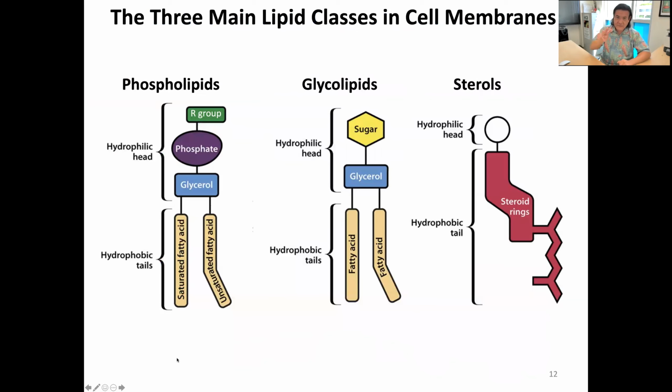Okay, so the three main lipid classes that make up cell membranes. So review the structure of a phospholipid, right? Review that we have glycolipids, and that also involve fatty acid tails. They may or may not involve a glycerol group, but they certainly involve some sort of carbohydrate or series of carbohydrates, maybe a short chain of carbohydrates, like an oligosaccharide, right? And sterols. So sterols are another example of a fatty acid chain that has sort of been